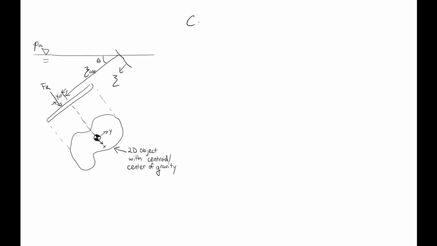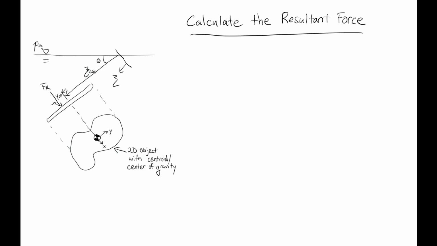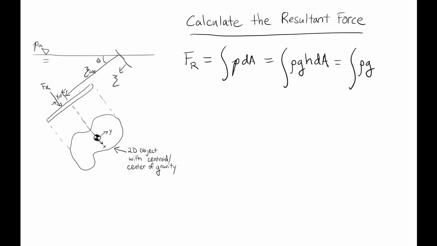All right, so now that we have our problem well posed, let's try to calculate what that resultant force is. The resultant force is simply the pressure integrated over the area, and the pressure goes as rho gh, so the total integral is rho gh times dA. h can be defined using the xi coordinate system measured from the top interface, so that's rho g times xi